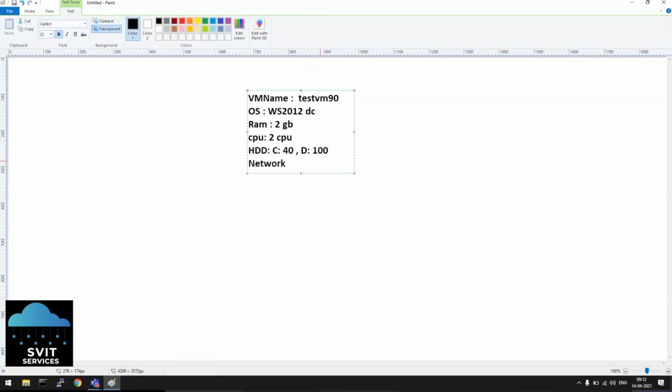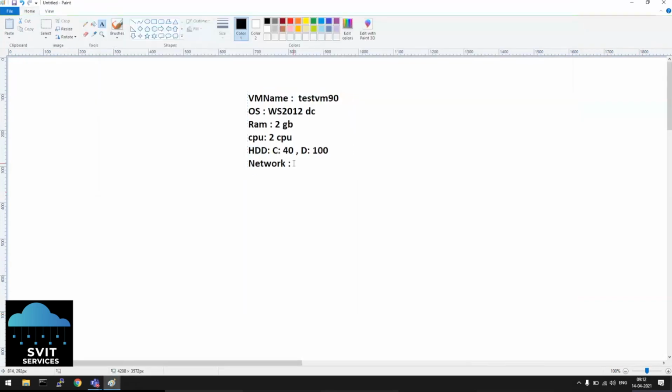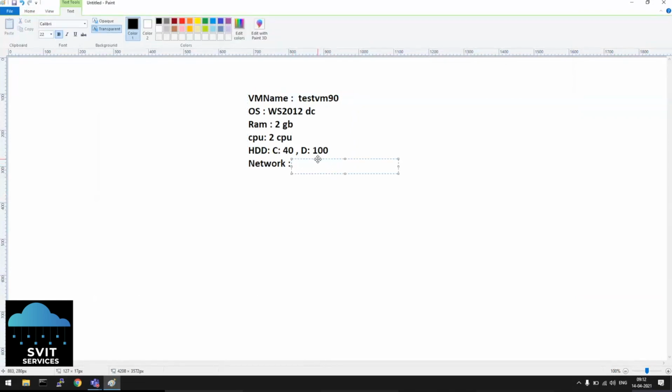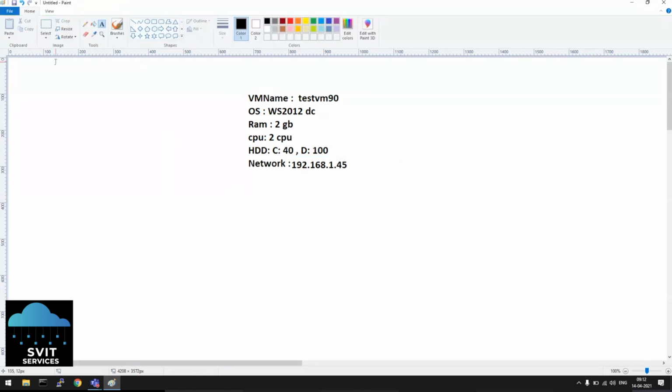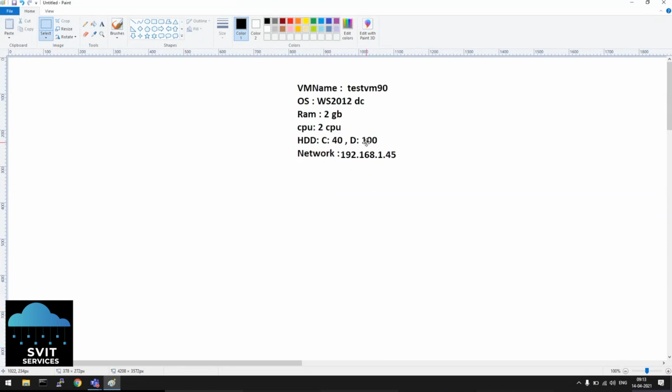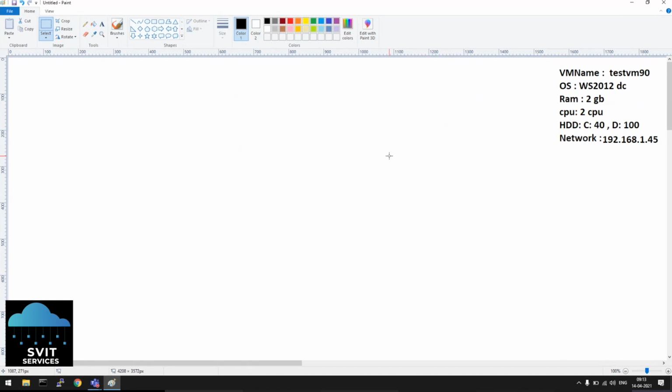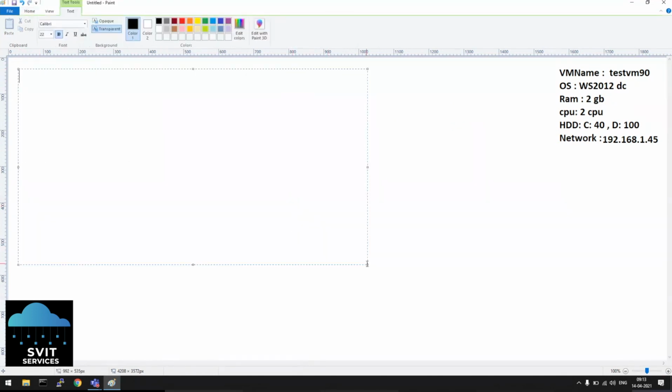Which network they want, to which specific network we want to connect the virtual machine, they will give. Otherwise, we will choose the appropriate network. Yes, he will give you this much information to build a virtual computer. This much information is enough for us to create a virtual computer. Now we will see how to create a virtual computer. How many ways are available?